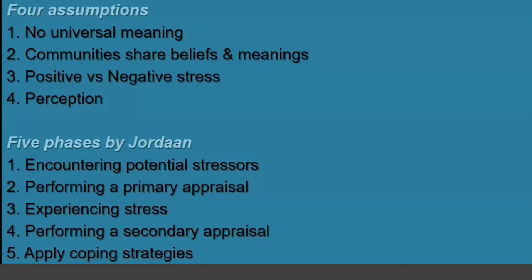It's negative stress. Then the last one, perception. Perception is how you perceive the event, how you view the event. Events gain meaning through perception. Therefore, the process of perception is a key factor in the contextualization of the event. We have to indicate how an event is perceived and appraised